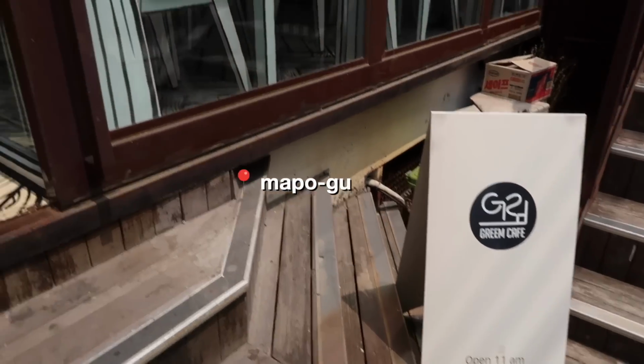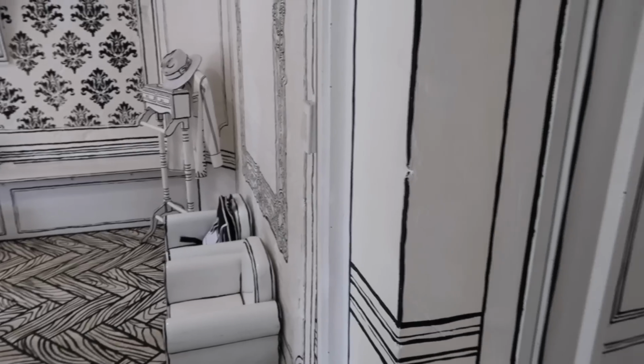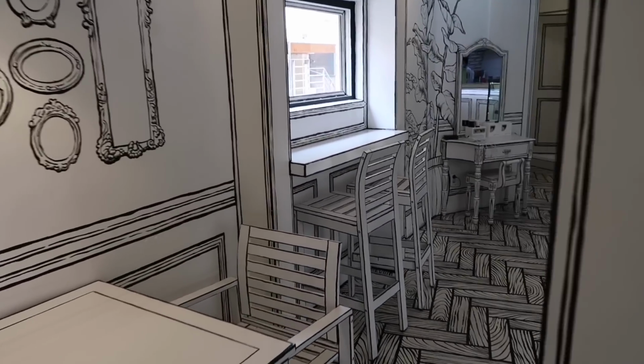Off to my next cafe. This is a really popular cafe here in Korea. It is called Kurim Cafe or a 2D cafe. So it looks like you're in a drawing. So in English, you would read this cafe as Grim Cafe, but it's actually Kurim Cafe, and Kurim means drawing in Korean. Right when you walk in, you feel like you're in a sketchbook,